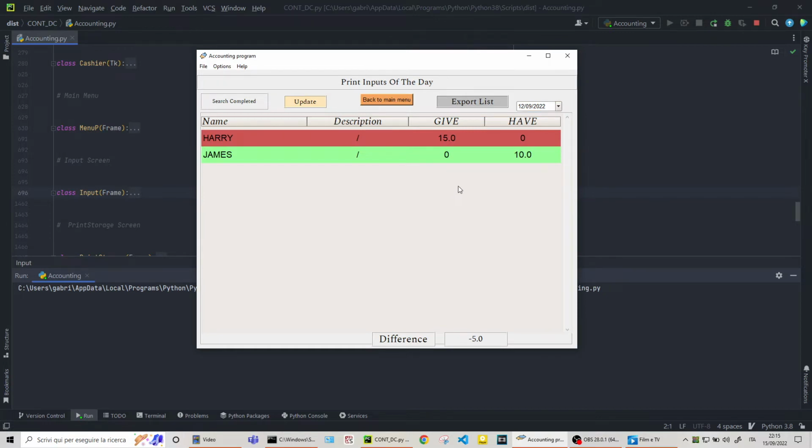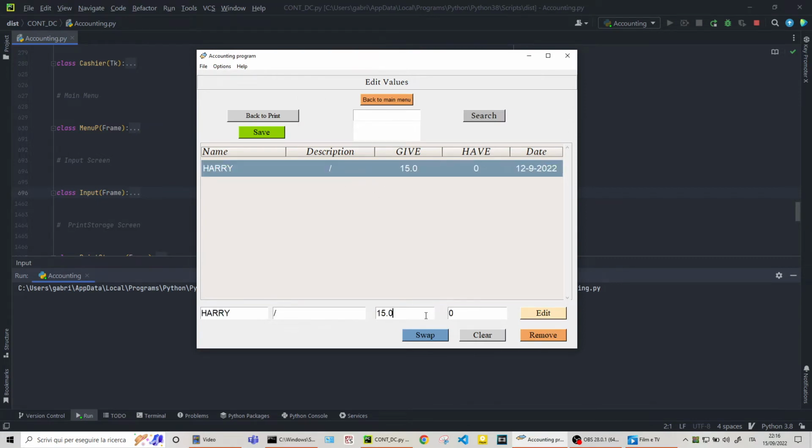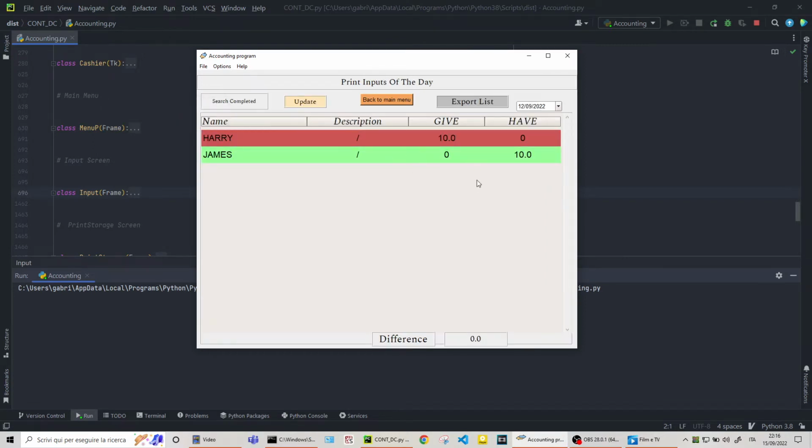Of course, we have a little link with other classes like EditValue and reset, because if we find an error, we can press on the row. For example, if we typed a wrong value for Harry, because once again it wasn't 15 but it was 10, we press on Harry and it will open the EditValue class to edit this value once again, so we can again save our data, and then go back to the PrintDay class and again see the total balance at the bottom, and we can do